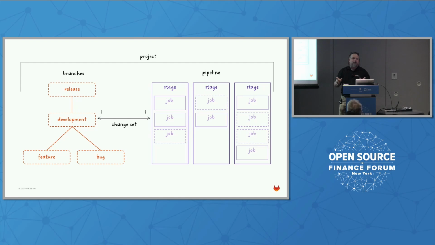Now, in any one of the tools that you use, whether it be GitLab CI, GitHub Actions, Jenkins, one of the things that we run into is, when we think about the software development side, we're in Git and we're using branches. So I have a main branch, a release branch, a development branch. I've got all my feature branches, my bug branches, maybe a security branch, who knows, whatever you want to name them. But what we do is we only have one pipeline for that entire project. And so we have to do all kinds of magic to be able to get just to a package.